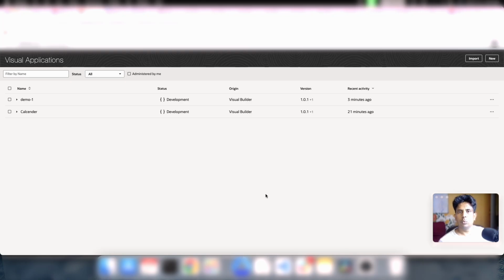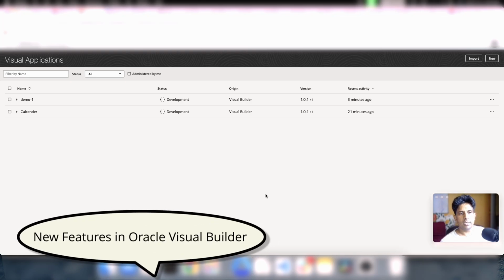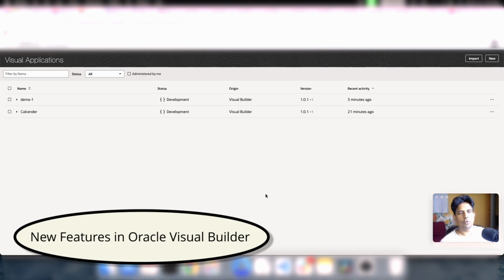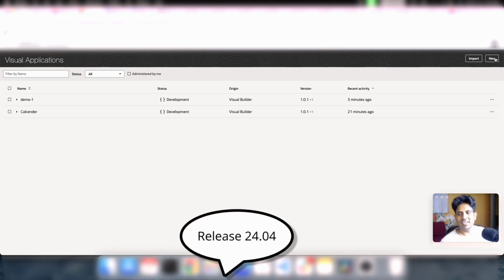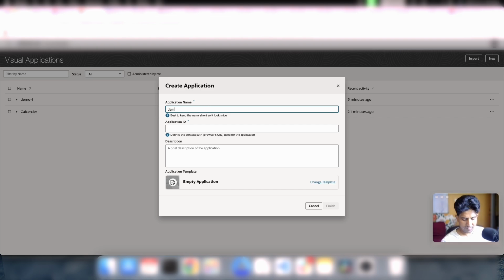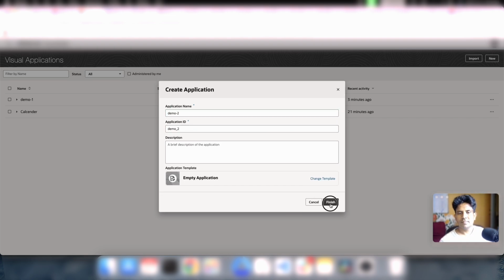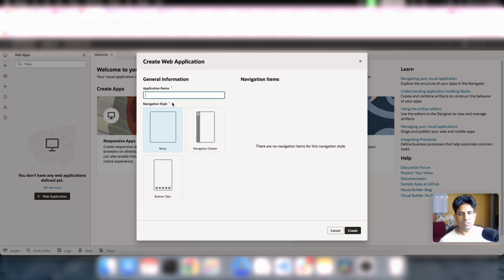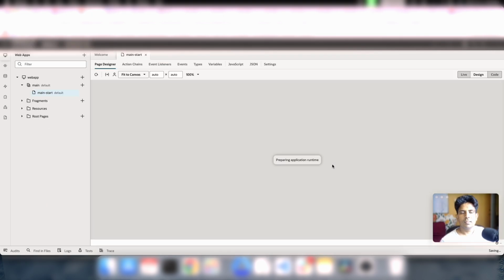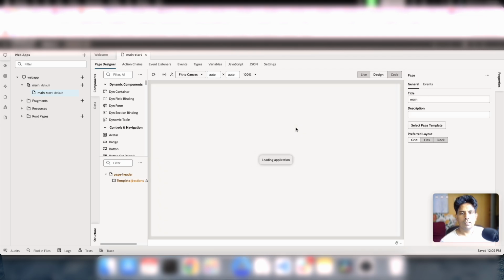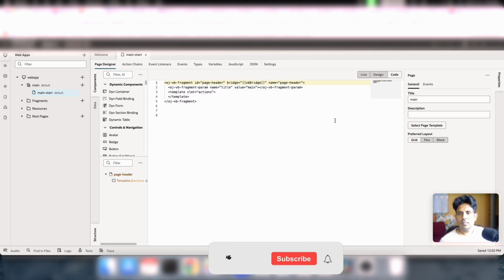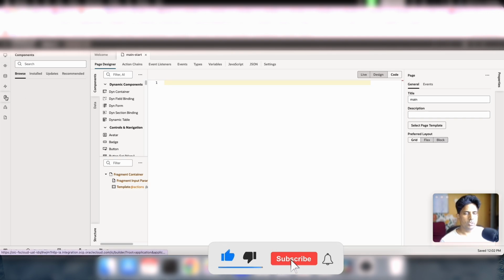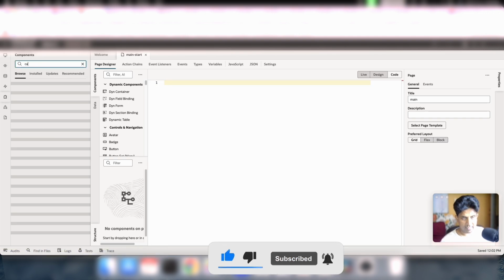Friends, today I'm going to discuss new features introduced in Oracle VBCS 2404 release. So first I will create an application. Now I will create a web application. Here I'm going to install a component